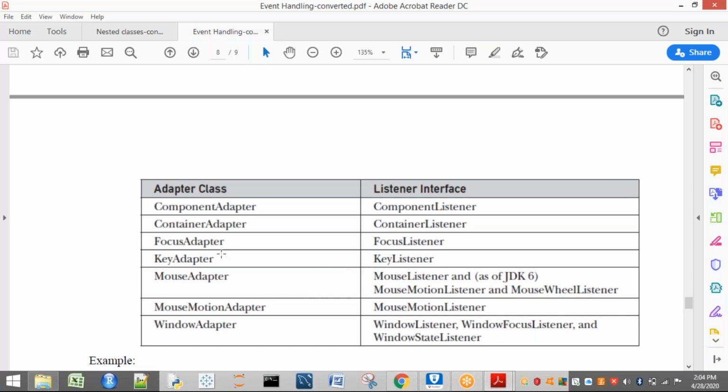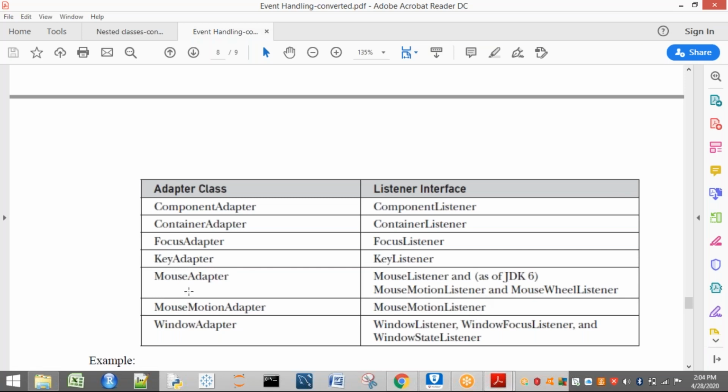That means if I implement this mouse adapter, all the methods of these three are available in it. If you want only mouse motion adapter, then we can have only mouse motion listener methods.